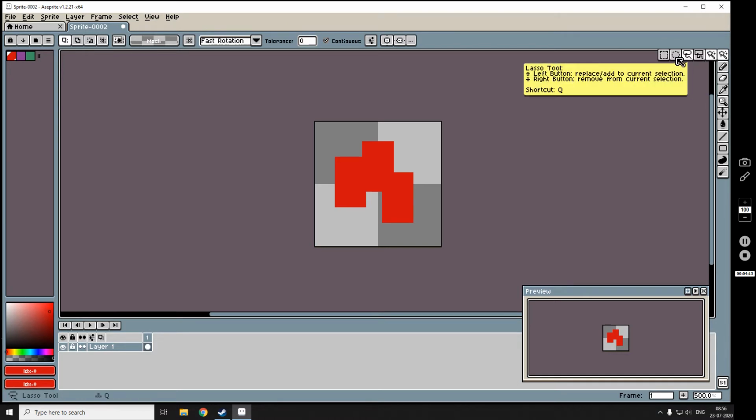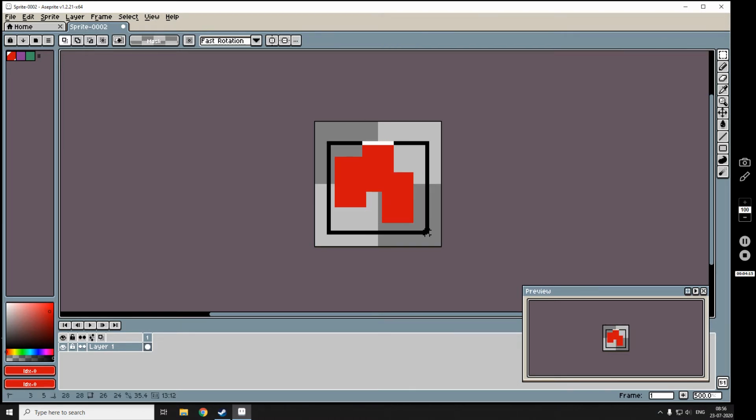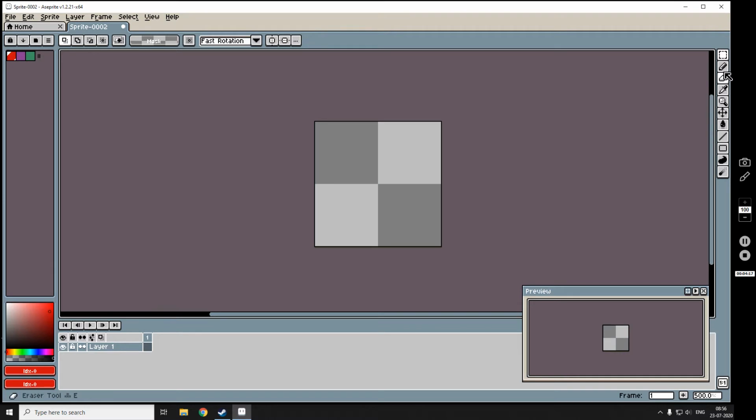For that I need to delete this one, then draw two or three more shapes. If I select this one while contiguous is turned on, it will select only one part.